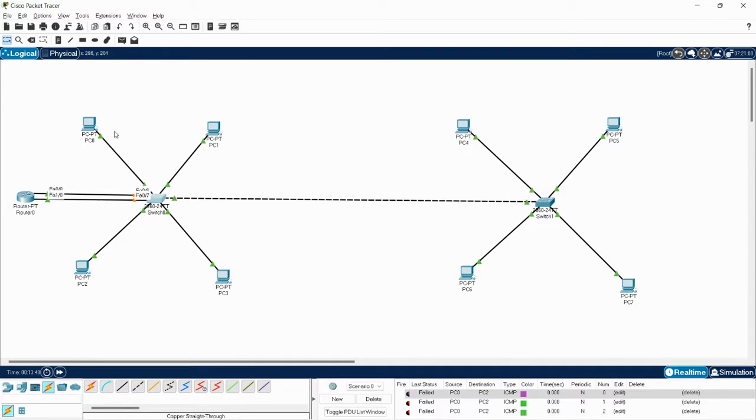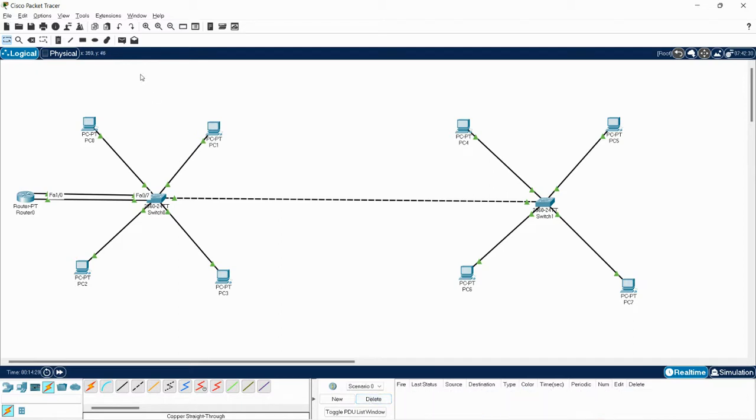Now if I go ahead and broadcast a message between two VMs, I should be able to successfully send a message. As it is taking time to establish the connection, let's wait for a couple of seconds. As we can see that the connection is established, let me go ahead and send a message. As we can see, finally the message has been sent.